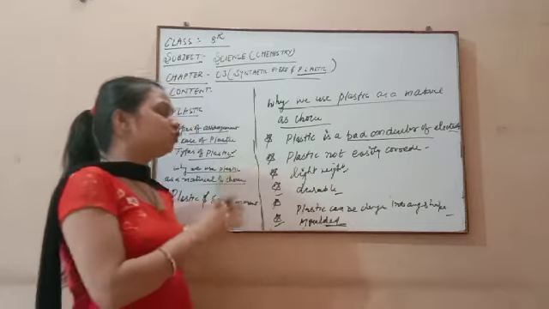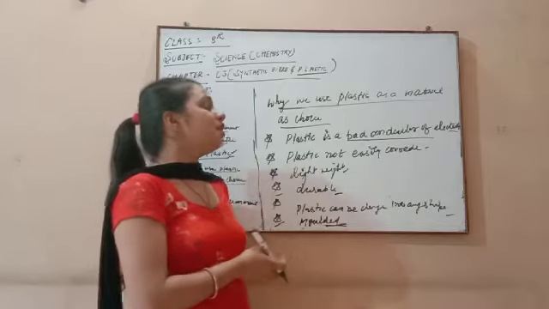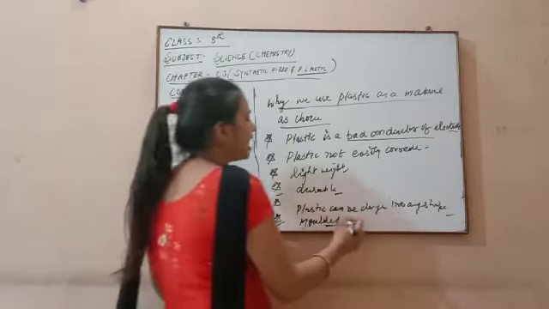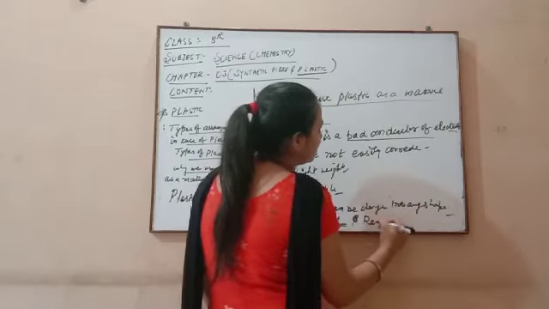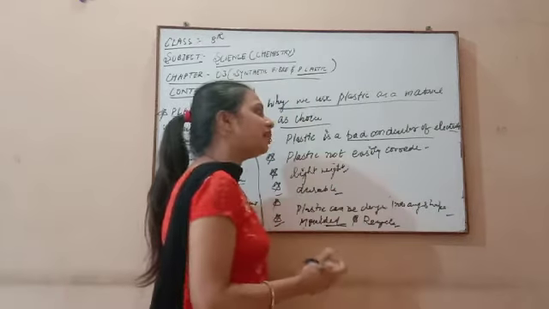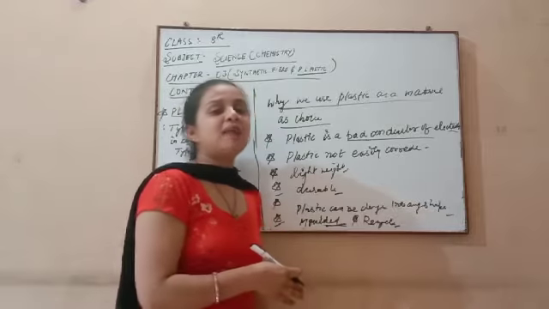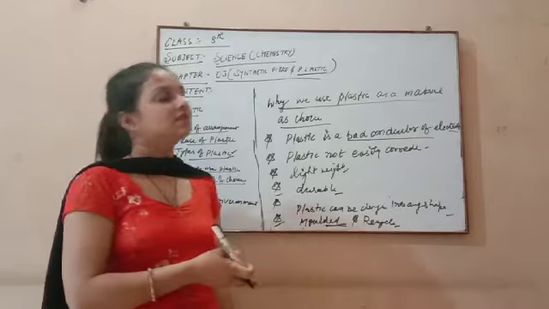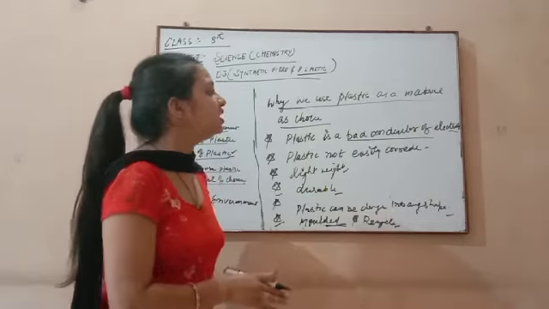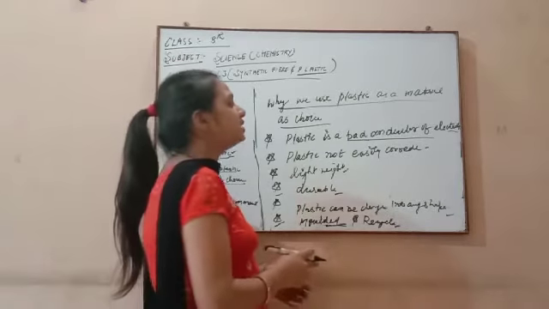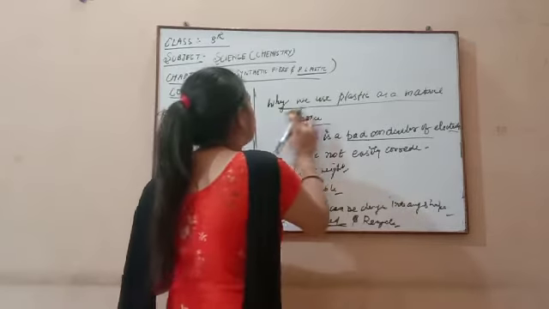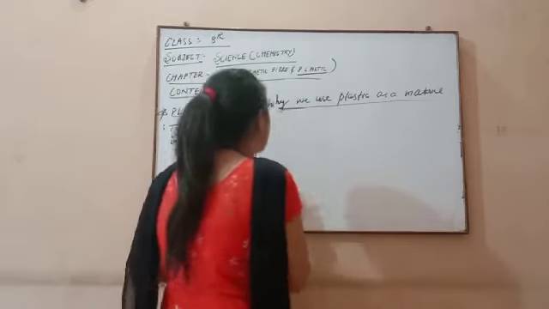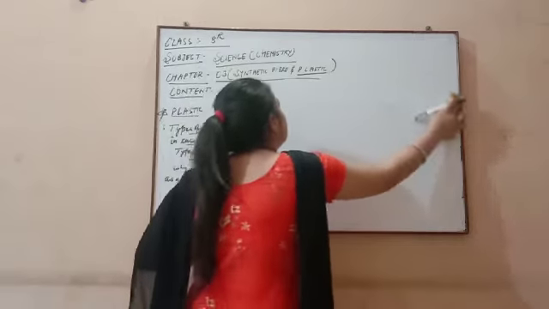So that's why it is used in many things, because many characteristics are in favor of plastic. And the last one, it can be recycled also. Recycled means that the old plastic is used to make new plastic with the help of the recycling process. So all these characteristics are there in the case of plastic. That's why plastic is very important, it is a material of choice, and it is used in a huge amount by all people.